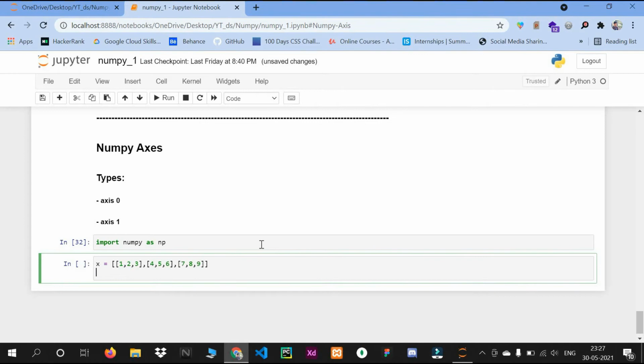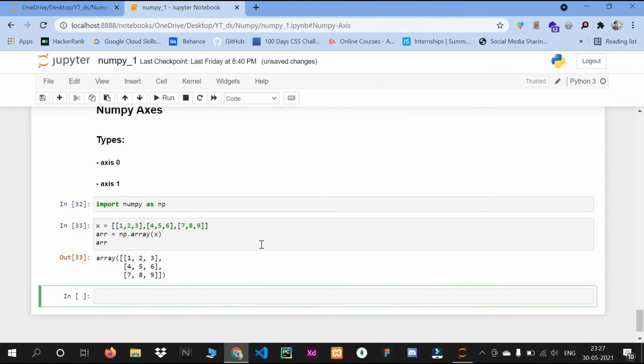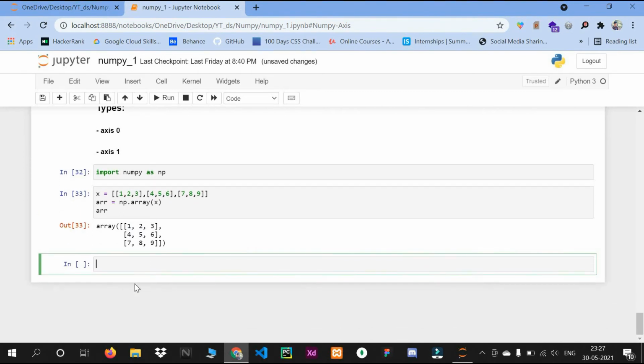So I will create one array now, np dot array x. So you can see our 2D array which is having 3 rows and 3 columns, so it is a 3 by 3 matrix.